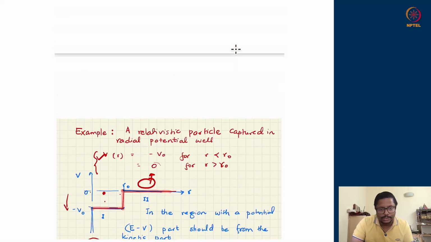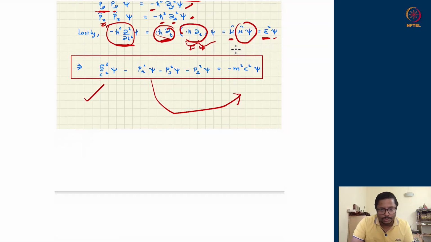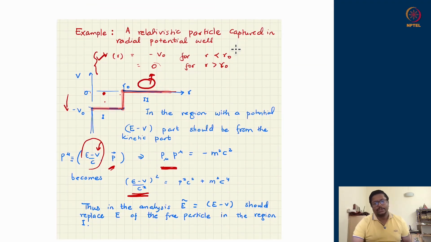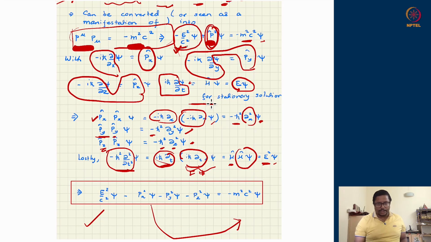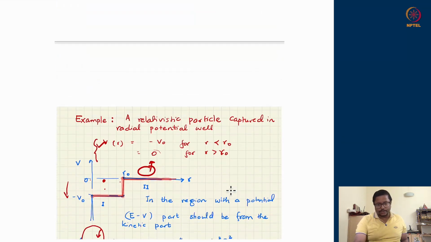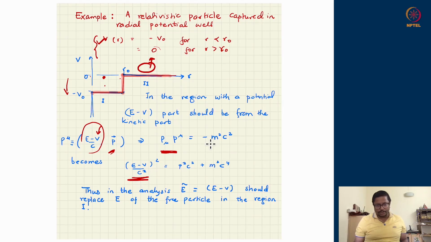So that is what we do. Actually, in this equation, there was an overall minus sign over here. If I flip the minus sign, this should come with a positive sign. So let me fix it first. This should be a positive sign over here. And therefore, the equation which we are looking for, P mu P mu is equal to plus m square C square. Depending upon how we write it, if we write P0 with a minus sign, then it remains a minus sign here. If I write a plus sign here, then it should appear as a plus sign over here, which is good.